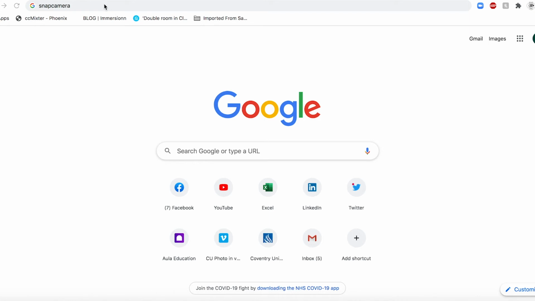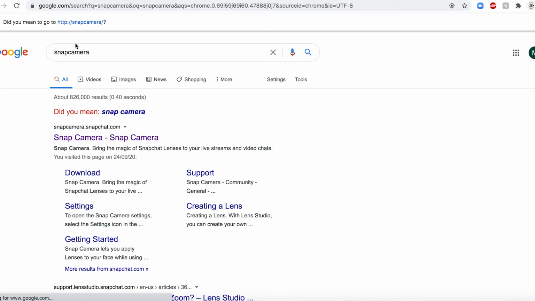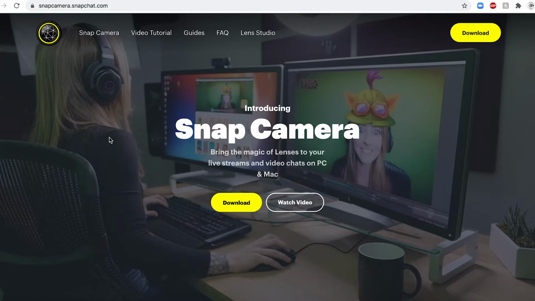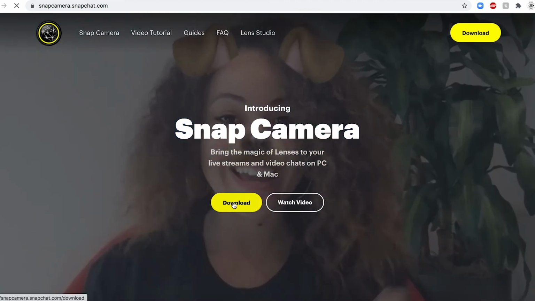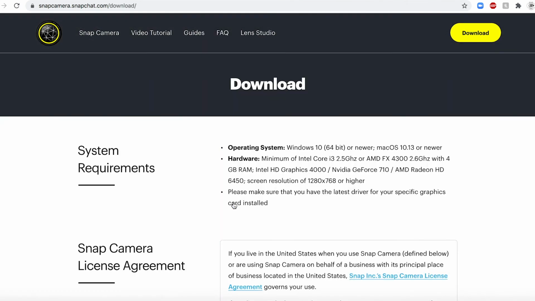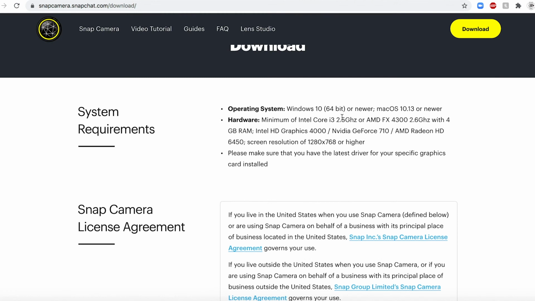Open up your desktop browser and Google Snap Camera. You'll be taken to the Snap Camera website where you'll need to click on download, and then you'll be taken to the next page where it will show you your system requirements. These include Windows 10, 64-bit, or if you're on a Mac, you need to be on operating system 10.13 or